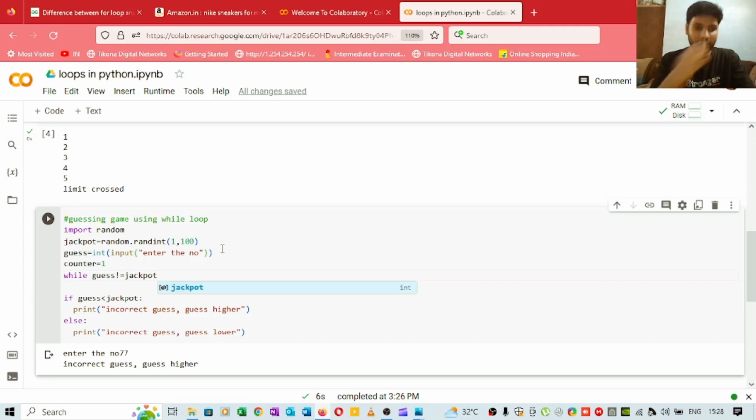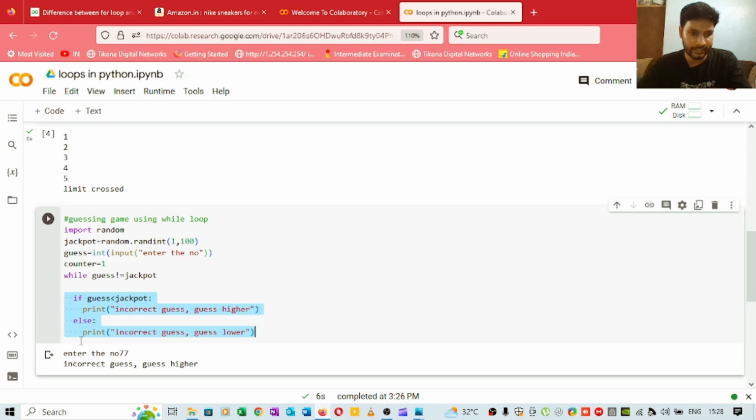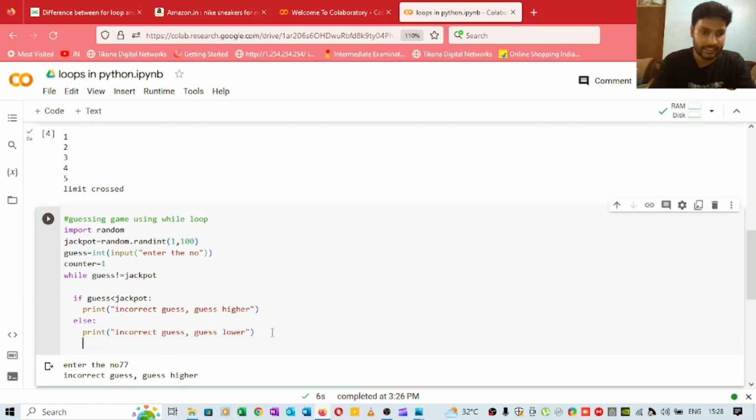While guess not equals to jackpot. So if this guess is not equals to jackpot, that means the guess is either less than the jackpot or greater than the jackpot. That means it's not equal to the jackpot. And for the indentation error, we will just move this one tab. And suppose if this condition is not true, then we will enter one more else condition. We will write one more else condition,